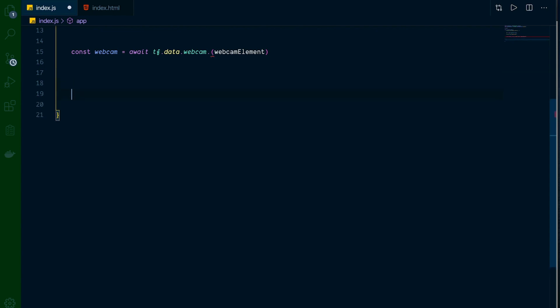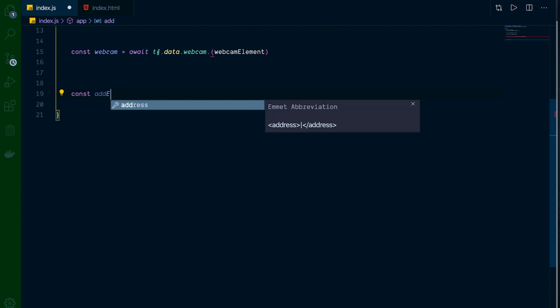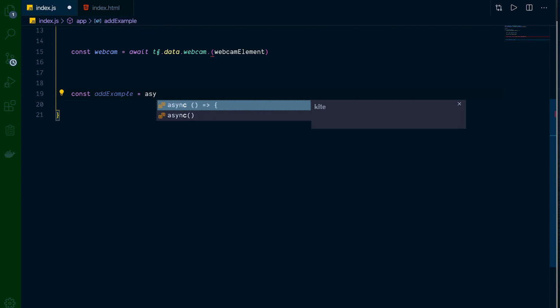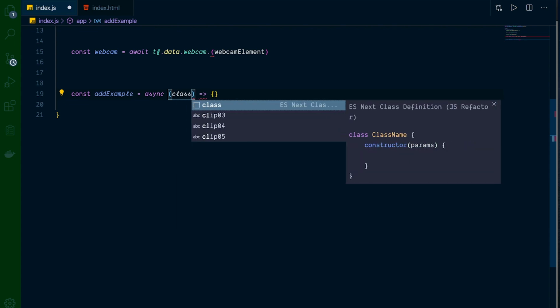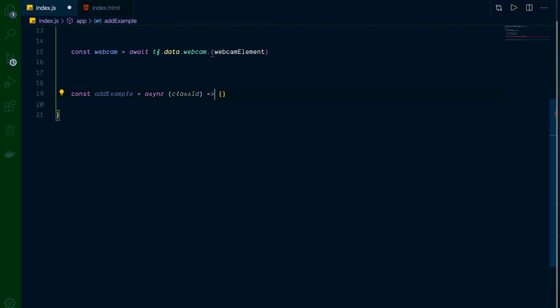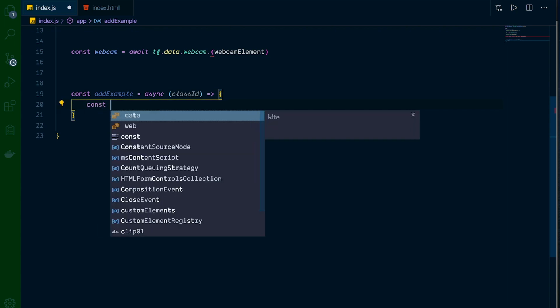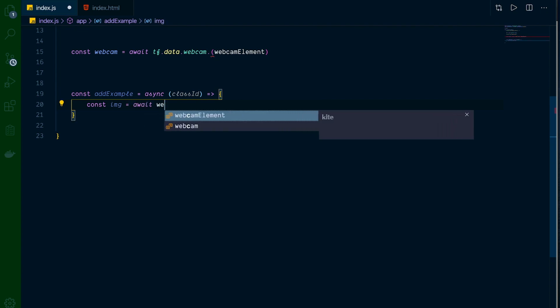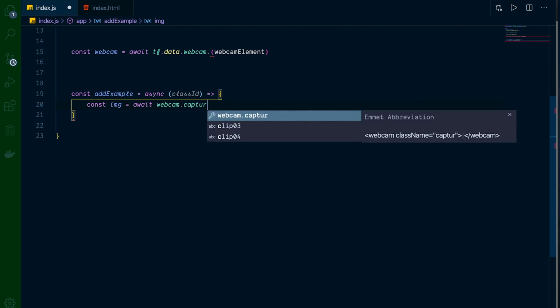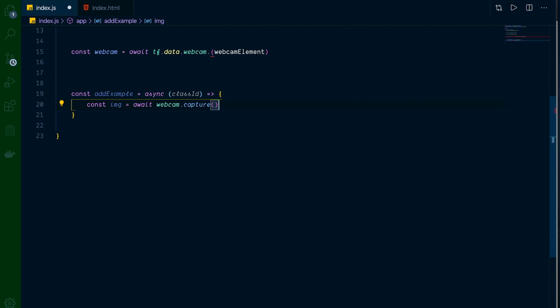So we're going to give ourselves a tiny bit more room here, and let's come up here, and we are going to go const addExample, and that's going to be equal to async, and we're going to come in here and say classId. Good, and open up our brackets there, and we're going to go const img, and that's equal to await webcam.capture, and we're going to call that. So that function is going to capture our webcam input,